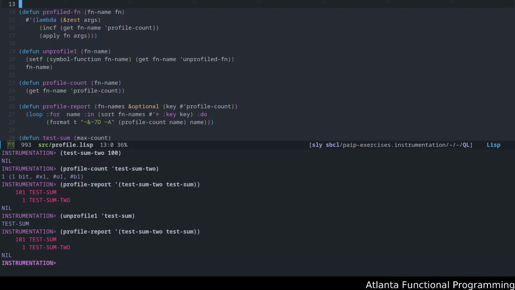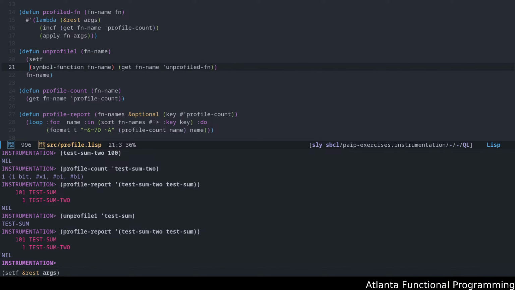You know what? I'm going to also do this just to be on the safe side if that's happening. Before I do anything, do get function name profile count, reset that, and then do that.